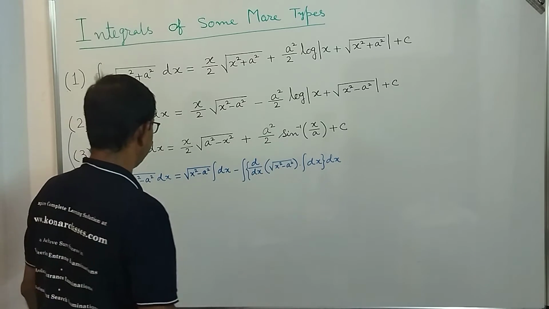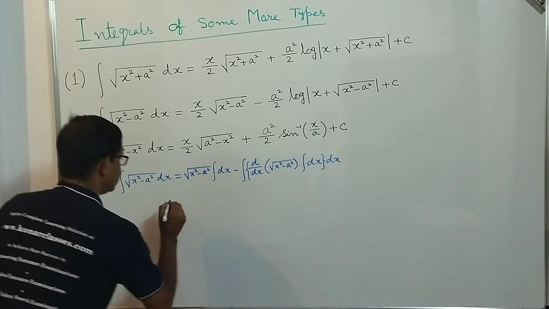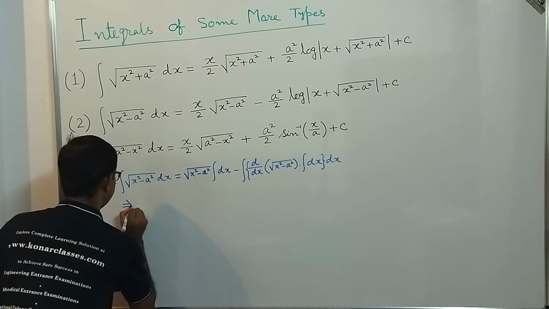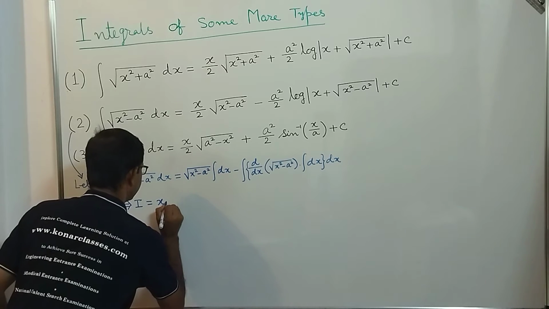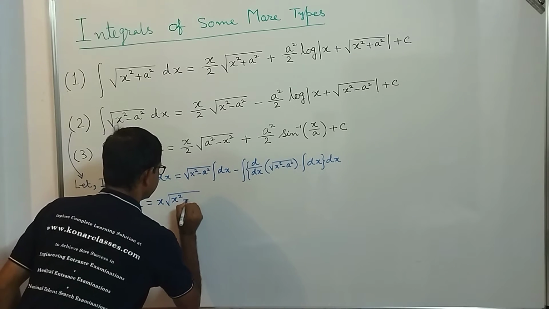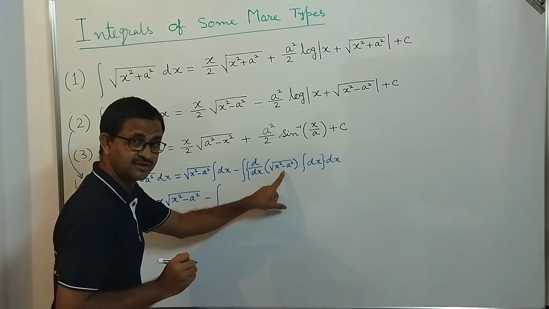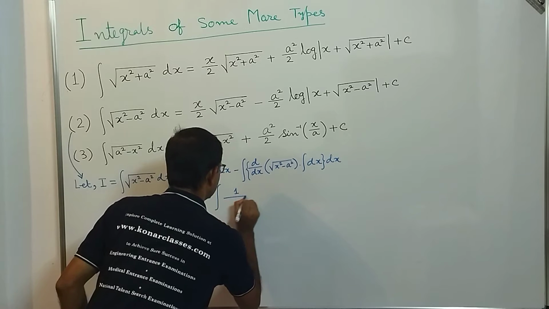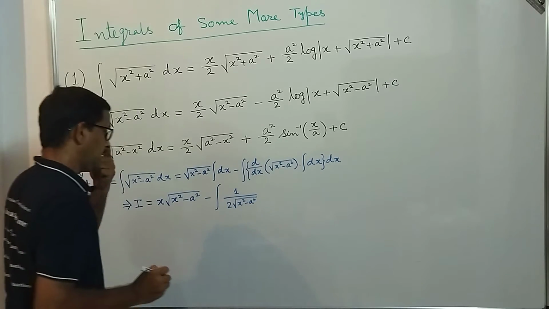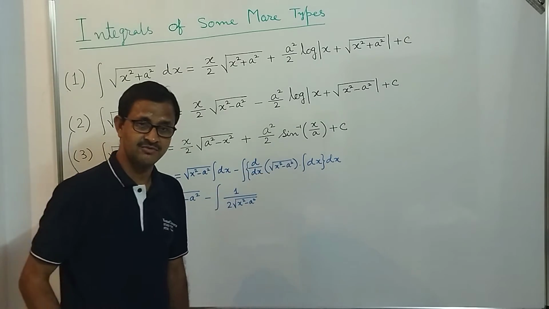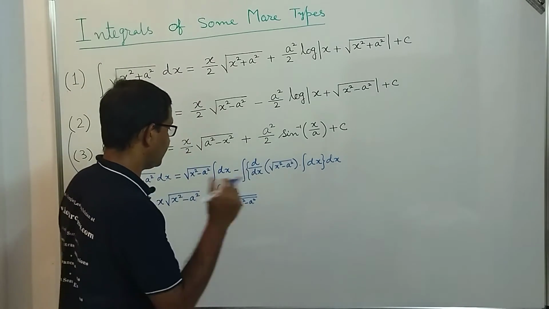We have done it earlier many times, so we are very comfortable in doing integration by parts. So this is equal to what, dear students? This implies I is equal to integration dx, which is x, so it is x into square root of x square minus a square, minus integration d/dx of square root of x square minus a square, that means 1 by 2 into square root of x square minus a square into d/dx of x square minus a square. d/dx of x square is 2x, minus d/dx of a square is 0 because a square is a constant,